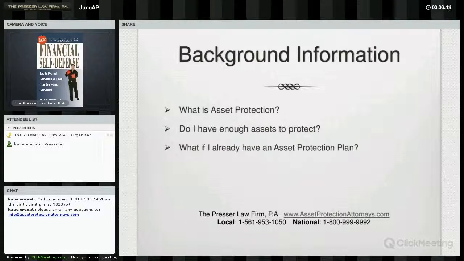I always like to start with the basics. So if you've been on some of our other webinars before, you'll know we always like to give a little bit of background information. So, what is asset protection? The definition that I give for asset protection is the legal process of titling both your personal and business assets to put them beyond the reach of future potential threats and creditors while simultaneously still enjoying the benefit of